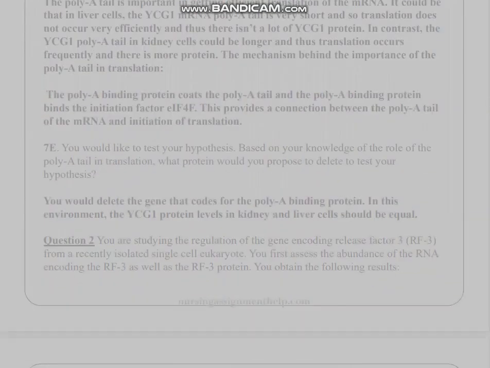The poly-A tail is important in getting efficient translation of the mRNA. It could be that in liver cells, the YCG1 mRNA poly-A tail is very short, and so translation does not occur very efficiently, and thus there isn't a lot of YCG1 protein. In contrast, the YCG1 poly-A tail in kidney cells could be longer, and thus translation occurs frequently and there is more protein. The mechanism behind the importance of the poly-A tail in translation: